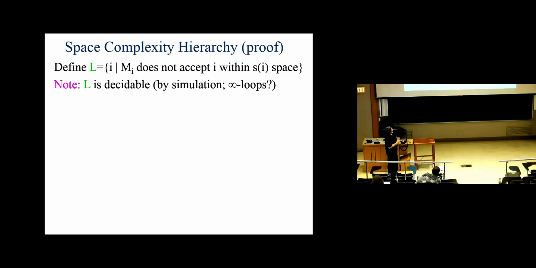So L is decidable. How do you decide L? I give you i, how do you decide whether it's in or not? Well, you go to the lexicographic ordering, figure out what M sub i is, the ith Turing machine, the ith program, and then simulate it on i using S of n space only, no more space than that, and accept i if and only if the ith Turing machine does not accept i within that space. Because the space is bounded, you will know what it does after a while and then can do the opposite. So we define it very similar to before. The only hitch here